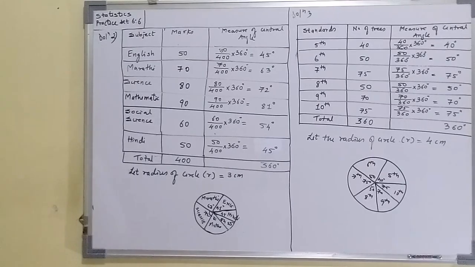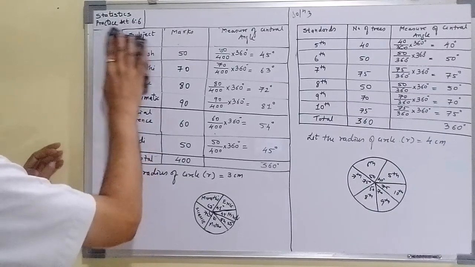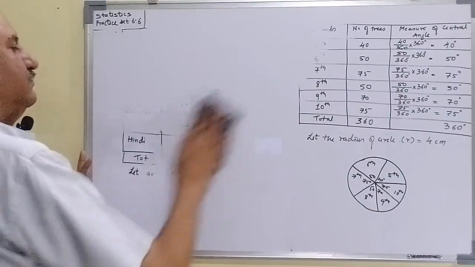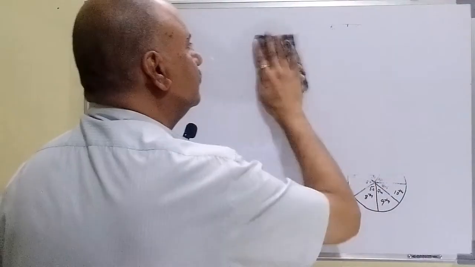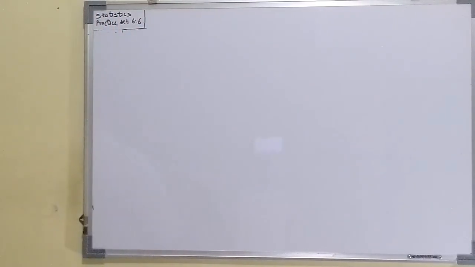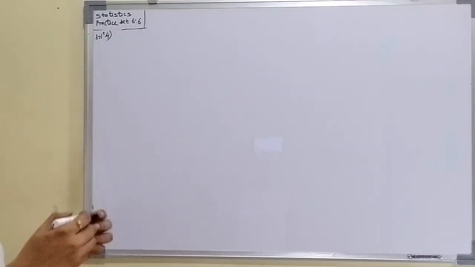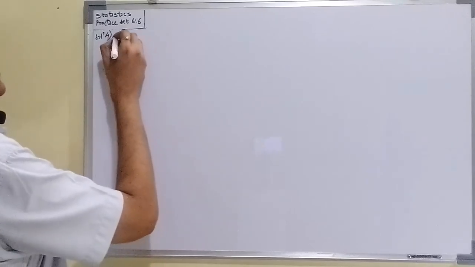Now we go to question number 4. Question number 4 करते हैं। Solution 4 क्या है? फ्रूट्स दिया है, परसेंटेज डिमांड एंड मेजर ऑफ अ सेंट्रल एंगल। तो हमें वापस कॉलम निकालना पड़ेगा।